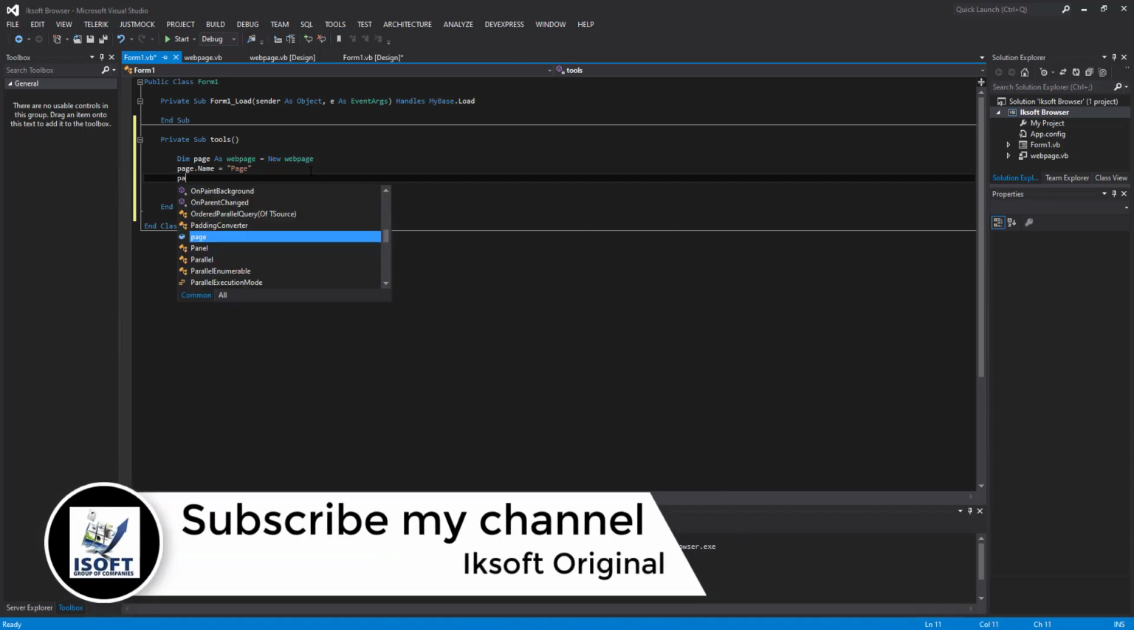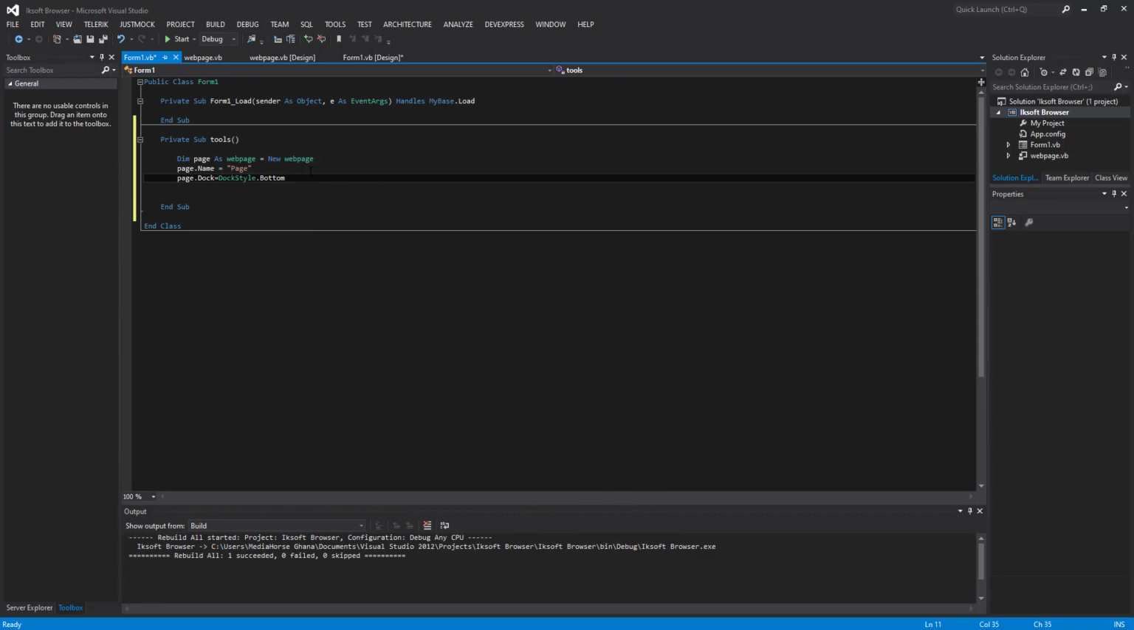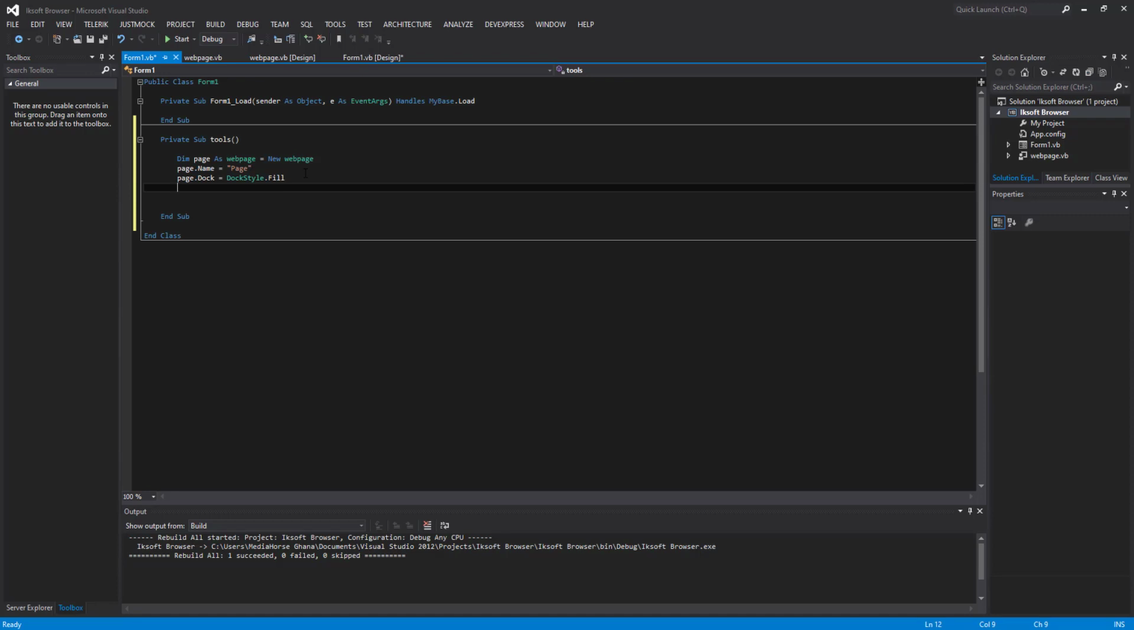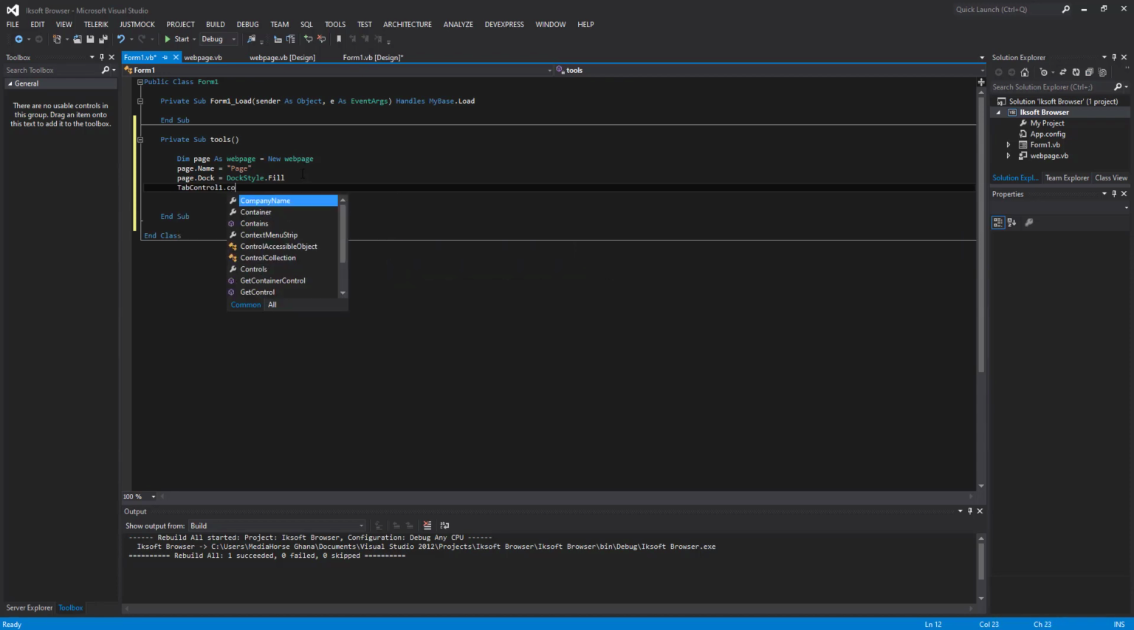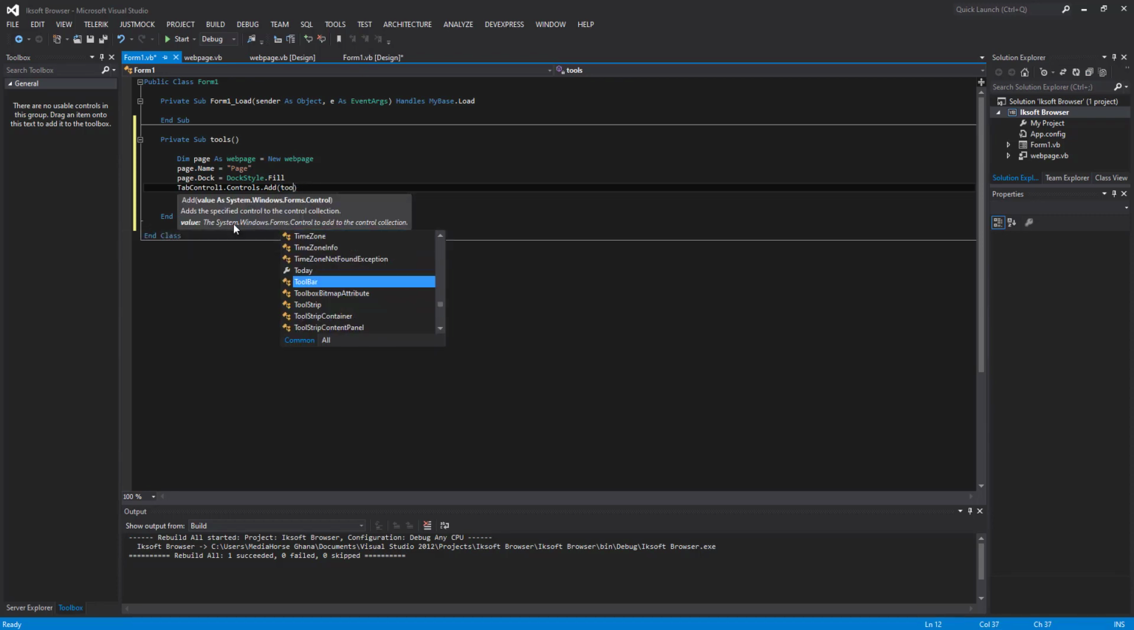section. Now let's say that page dot doc style equals to doc style fill. Let's fill it, right? Good. Then we are going to say that after it's been filled, our tab control 1 dot controls should add something, which is our tools, right? Oh sorry, our page,